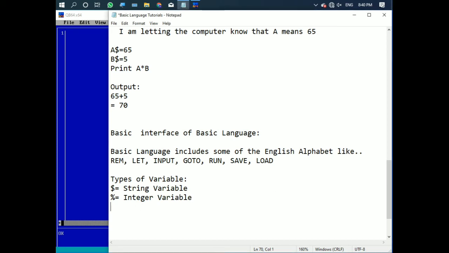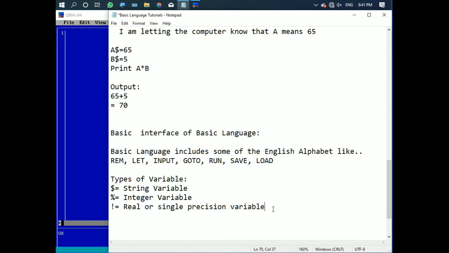Then comes this, which we know is the exclamation mark. It describes a real or single precision variable. Do not worry about the precision part, just go with the real part. Real means real number, so the variable is a real number.